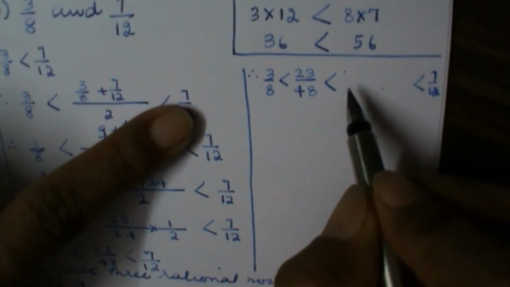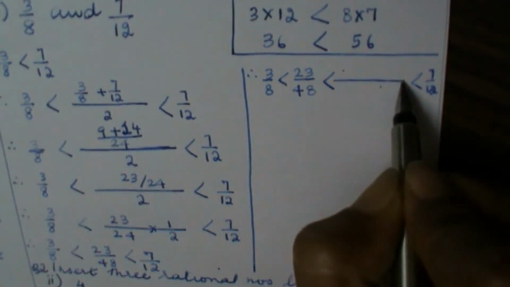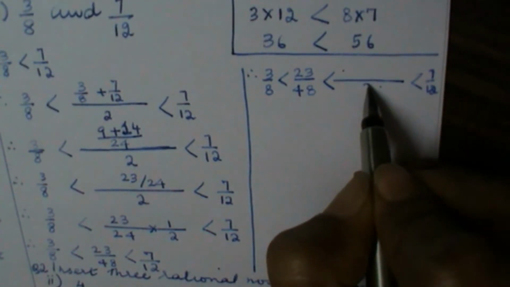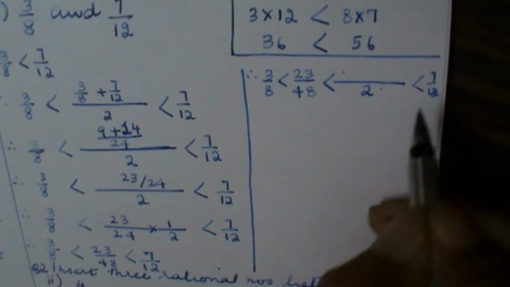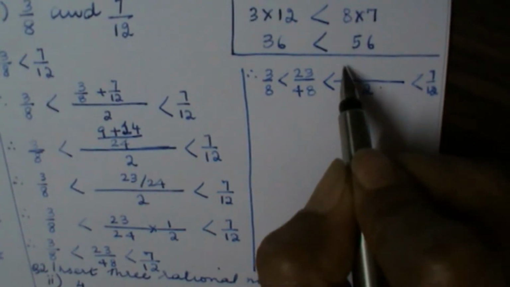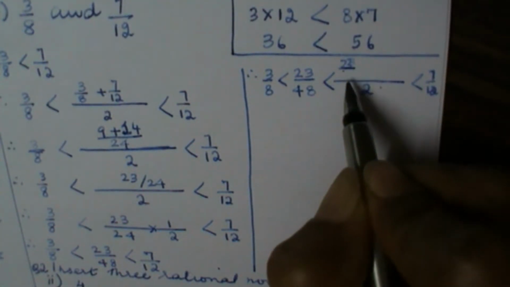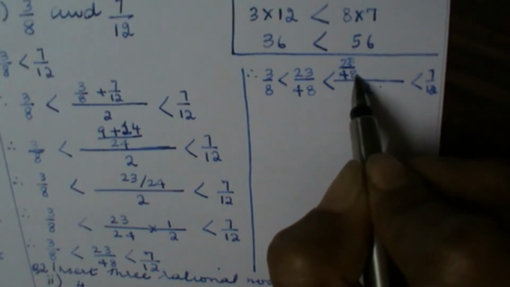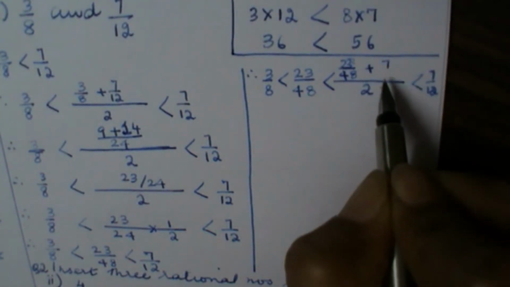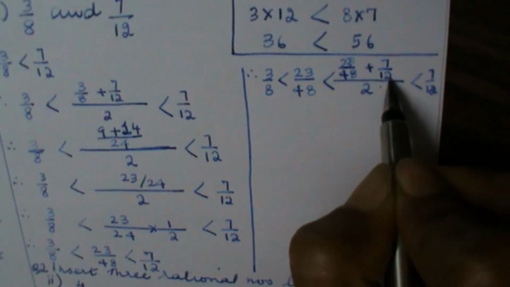Out here I will have the average of these two when added, so it will be 23 upon 48 plus 7 upon 12,